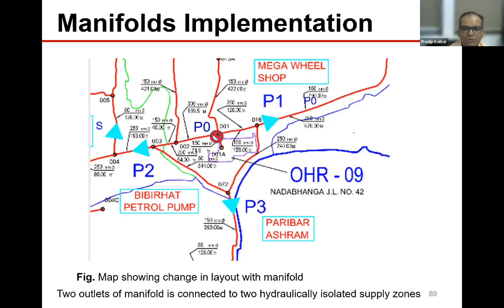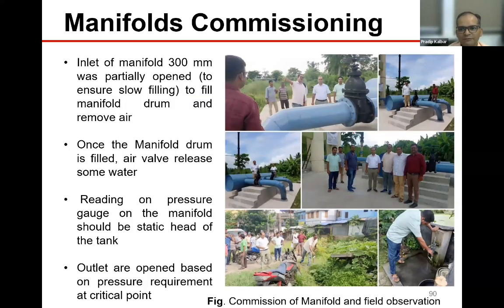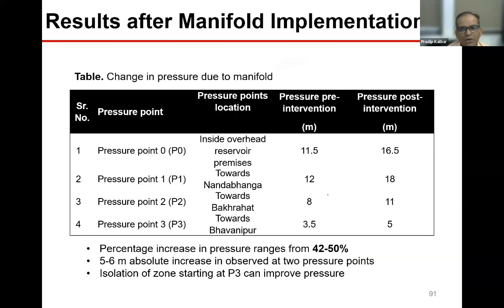Then we asked them to do the zoning. And after this particular effort, water started coming in many areas. So again, the executive engineer and the team was there to see the commissioning and the results. So what we observed is, with the investment of, let's say, 25 lakh rupees for the manifold, earlier they were